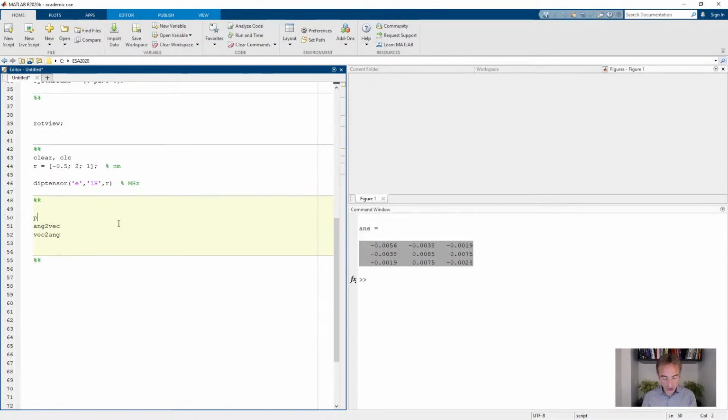Okay, let's first start with the angles, right? Let's say phi is 10 degrees. As always, we have to convert to radians, the canonical angle unit in EasySpin, and theta is 30 degrees, so radians. Then you can get the actual associated vector by just using ang to vec and then feeding it